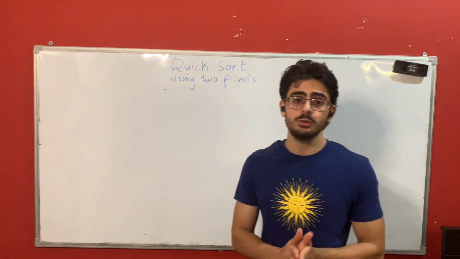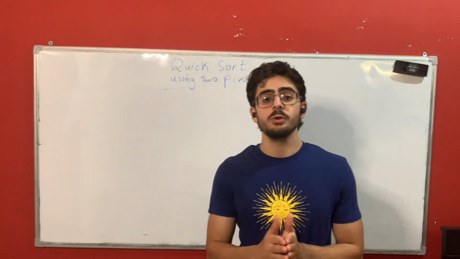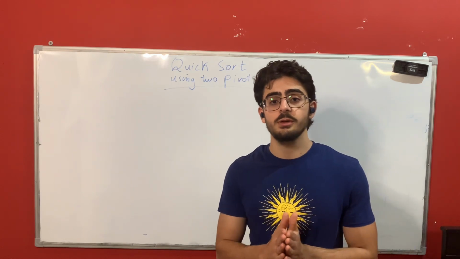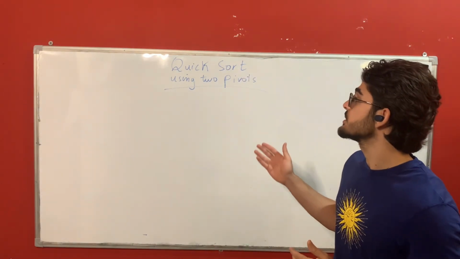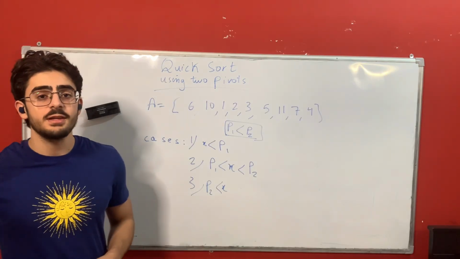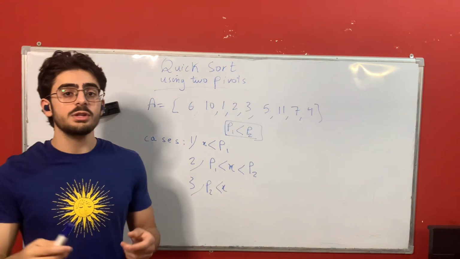Today's topic is about quicksort but using two pivots. In this video, we will discover an algorithm which is similar to the Lomuto algorithm, which will be used to partition the array using two pivots. So in order to understand the partitioning of the Lomuto algorithm but for the two pivots, we shall see the